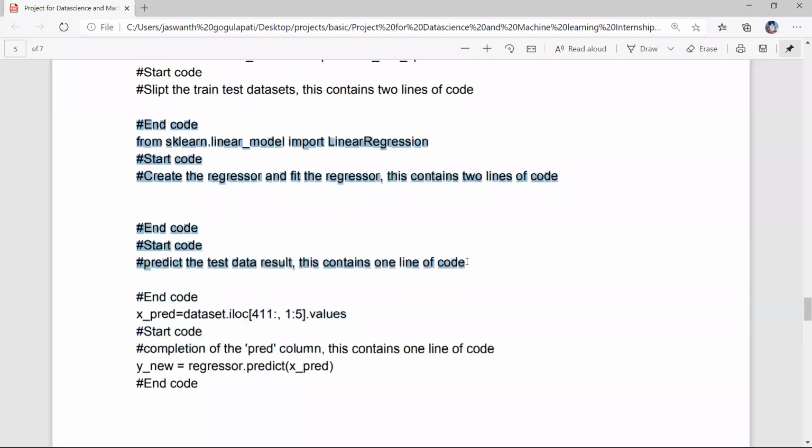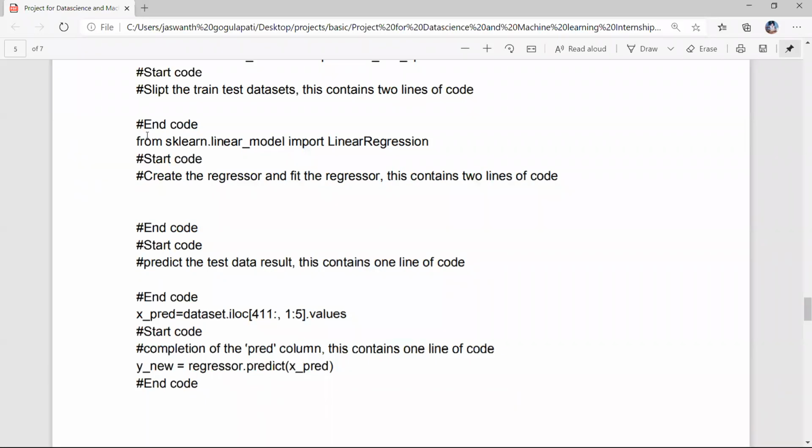In this set of code, we will fit the regressor based on x train and y train. Suppose open price is 10, closed price is 20, low price is 10, and high price is 30. For these columns, whenever these values arise, there will be a fixed new price of gold, let us suppose 25. Whenever these prices arise at any other time in the data set, the machine learning model will show you that today's gold price will be 25. So like this we fit the model.